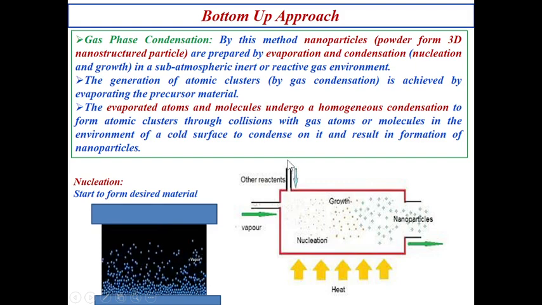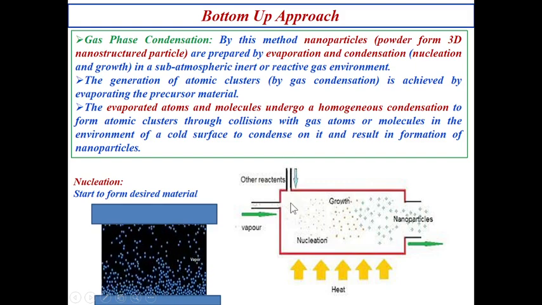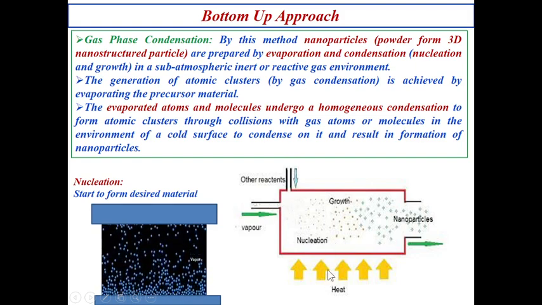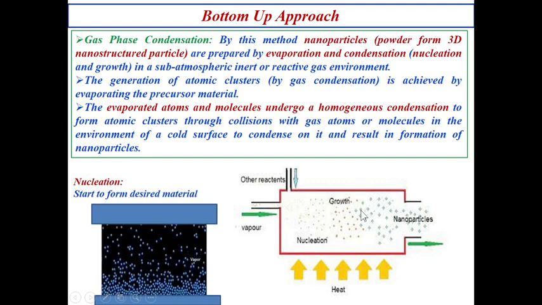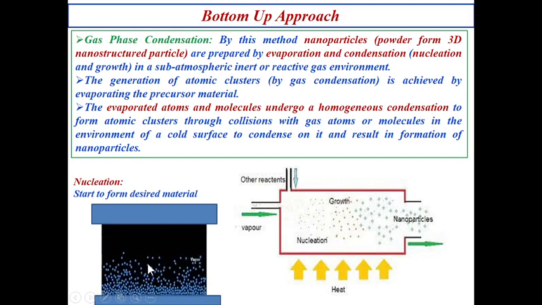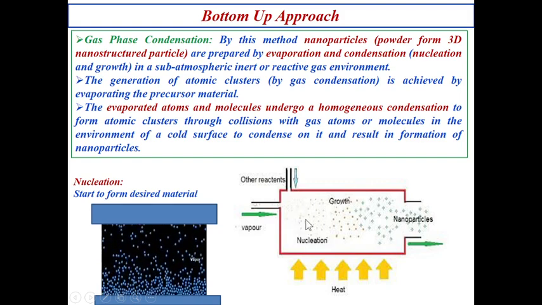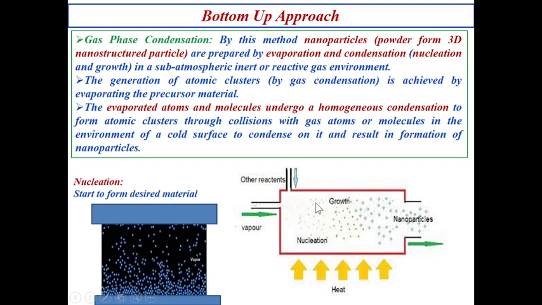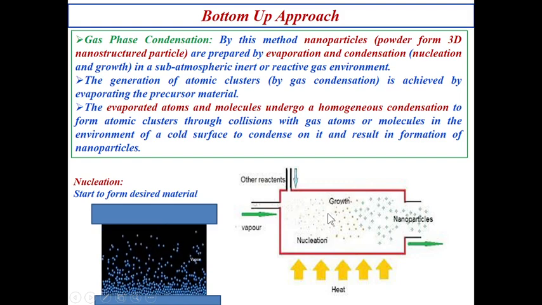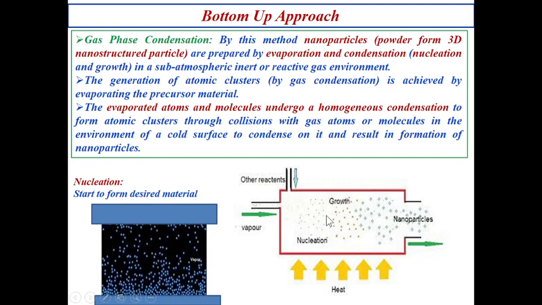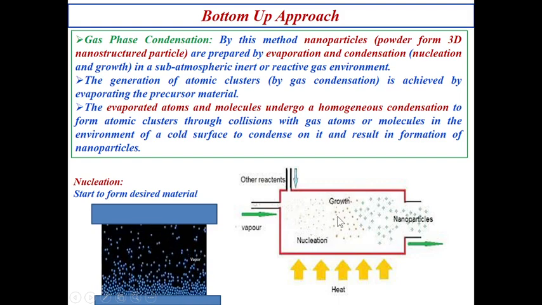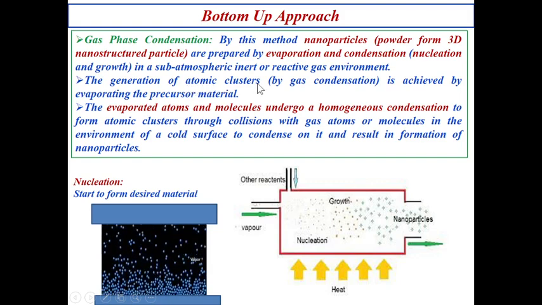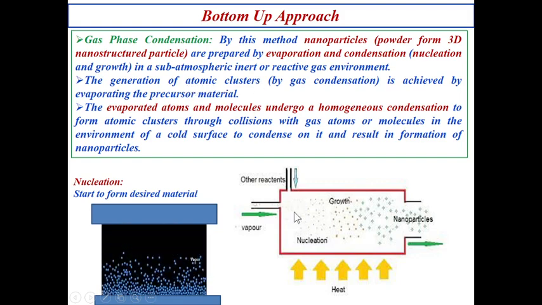Now what we did is, along this way we inserted the powder form of raw material, along this way we gave vapor, and heat is also given to this chamber. What is going to happen? The materials are going to be evaporated. When the materials are evaporated, at the evaporated stage they come into contact and close to each other. The precursor material comes close together and forms atomic clusters. Atomic cluster means evaporated raw materials.